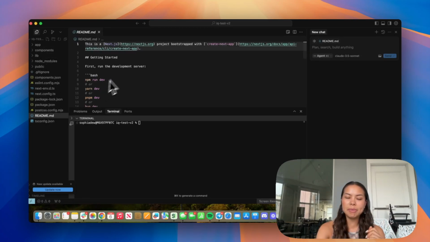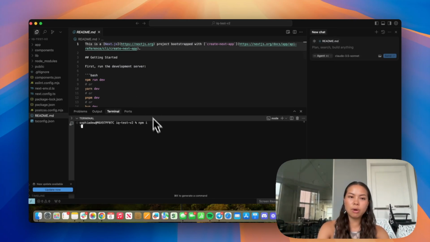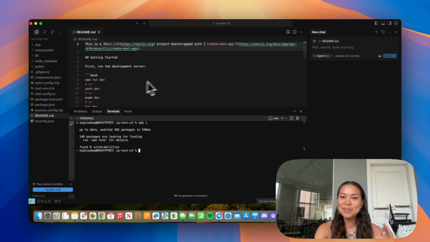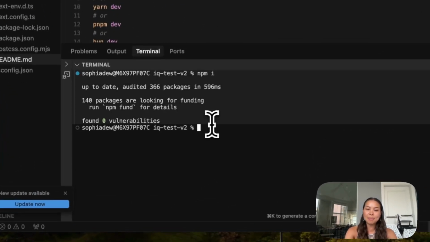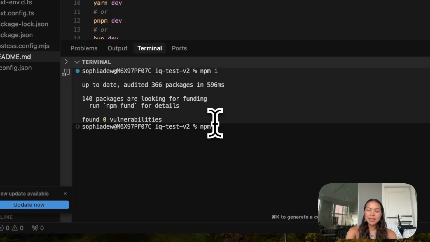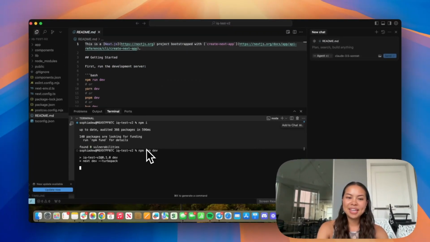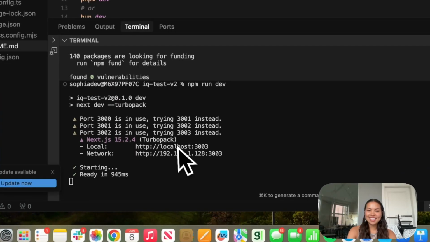So I open that up, and now you can actually see this. So I'm saying npm, just gonna run the code. And if you are completely new, you've never done this before, open up that README that it'll generate, and it'll tell you exactly step by step what to launch in your terminal. So just do that, and I'm gonna test it out and see what it looks like and make sure it